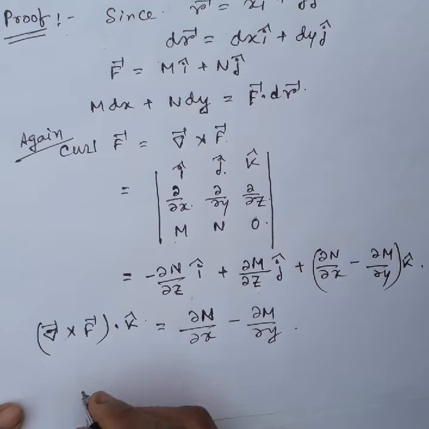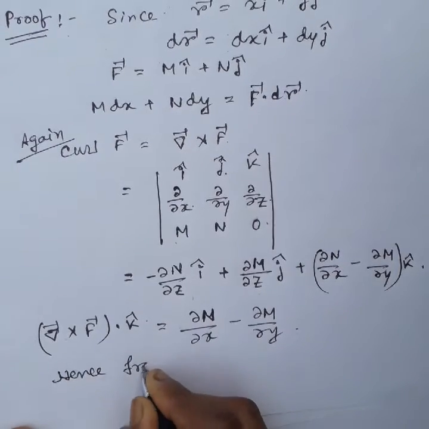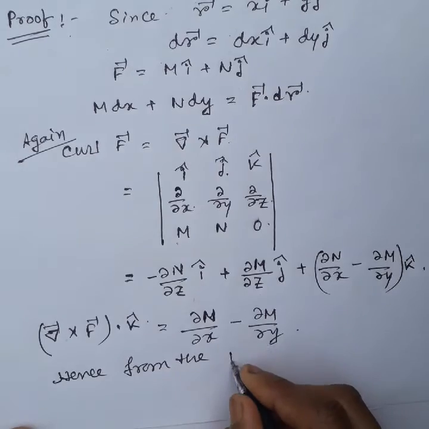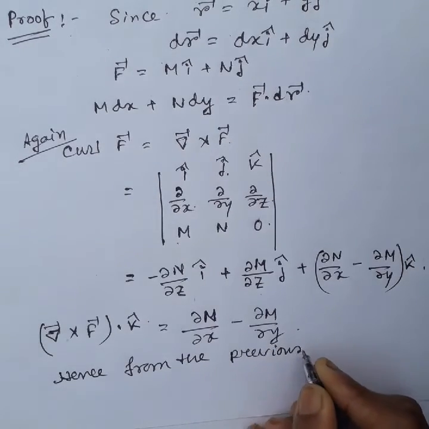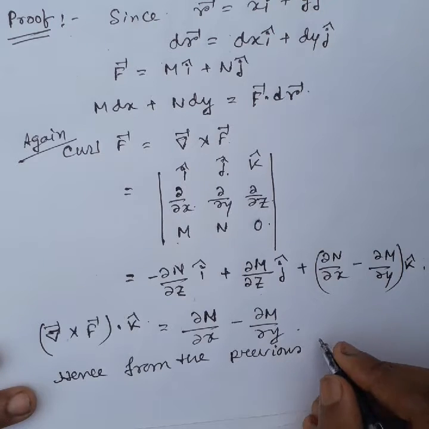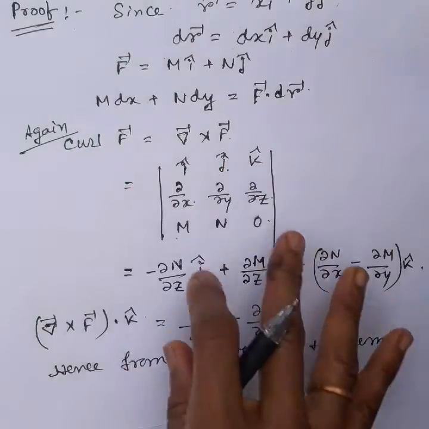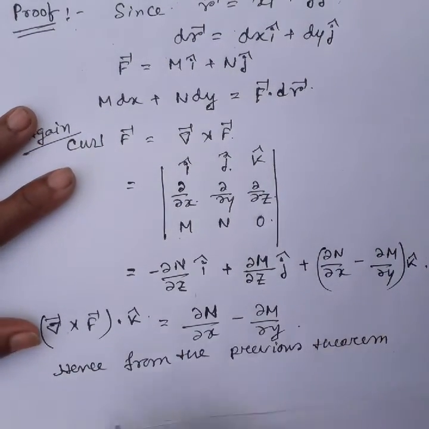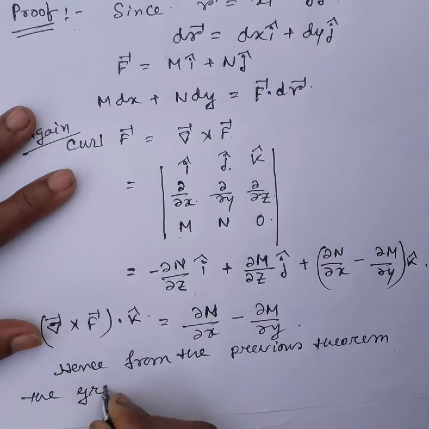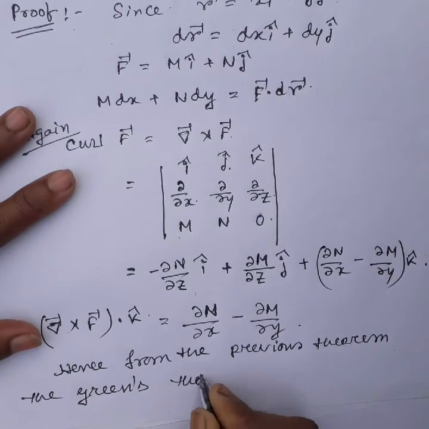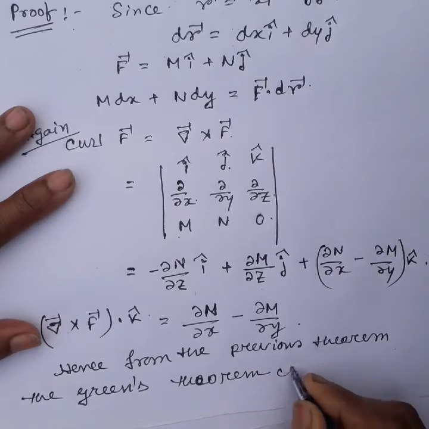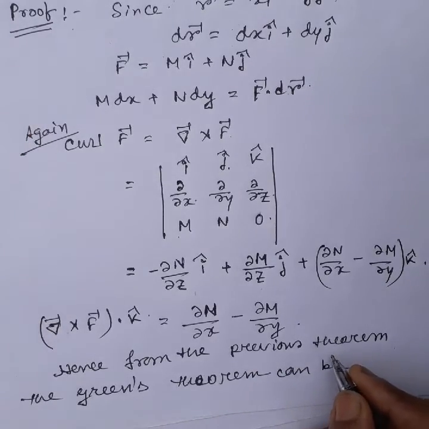Hence, from the previous theorem, the Green's theorem can be written as